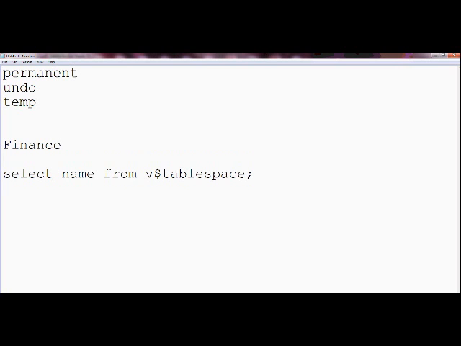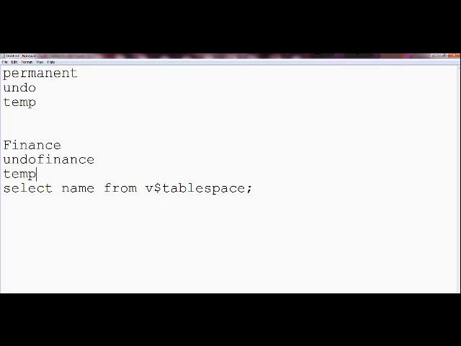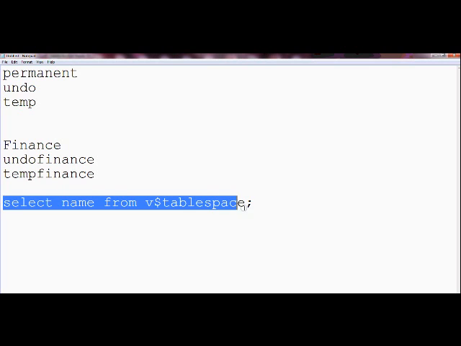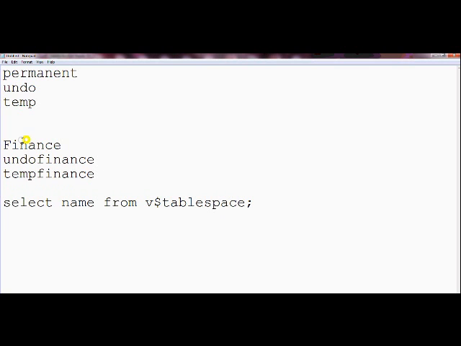First create a table space called finance. Another one is undo finance, and another one is temp finance. And then query your database whether your table space has been created or not, and whether all these data files are physically at the mount point or not.